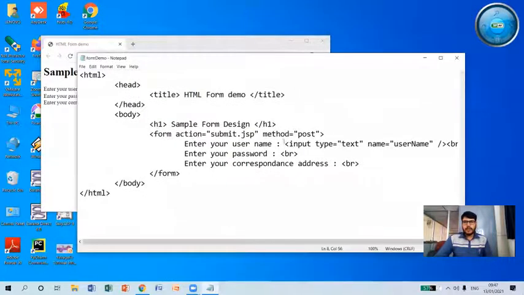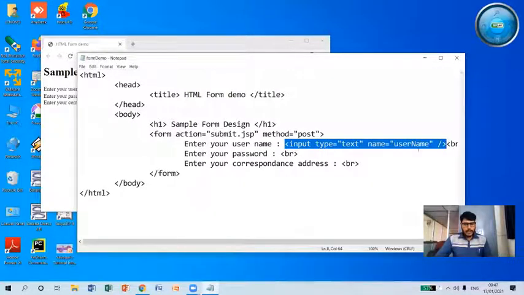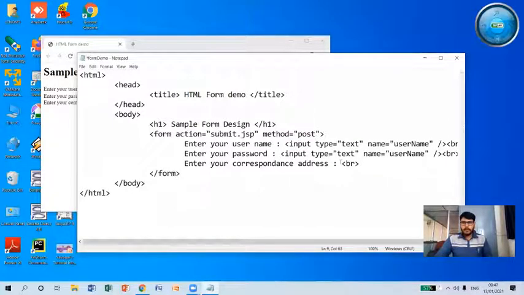Again, I'm going to copy this input tag line and paste it here. And I'm going to change the name for the control box as password.